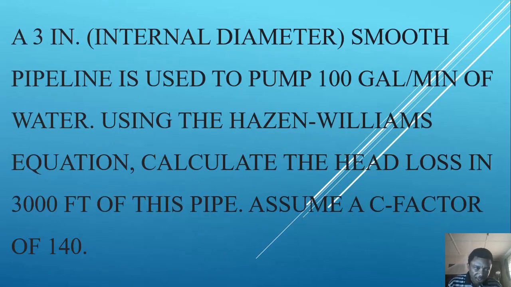Now, this is the question. They say a 3-inch internal diameter smooth pipeline is used to pump 100 gallons per minute of water using the Hazen-Williams equation. Calculate the head loss in 3,000 feet of this pipe, assuming a C factor of 140. So that is it. Now let's go to